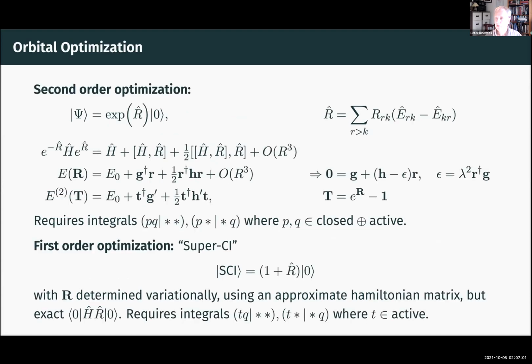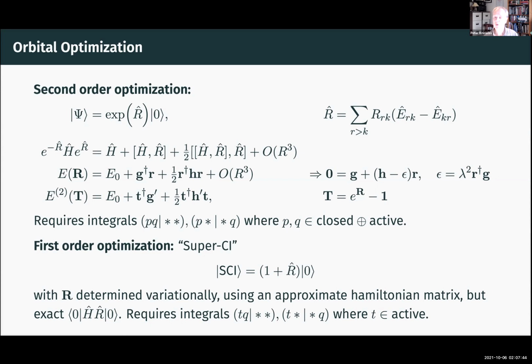Okay, I'm going to talk mostly about the orbital optimization problem. You have to be aware that at the same time we are optimizing the CI coefficients, and I don't want to spend a lot of time talking about the detail of how that's done. But let's just look at this and think about what you have to do. The natural thing to do is to make a polynomial expansion in a parameterization of the orbitals. And because we want those orbitals to be orthonormal, then we probably want to do this by making a unitary transformation. We could do it with Lagrange multipliers, but the approach that's usually used is to make an explicitly unconstrained